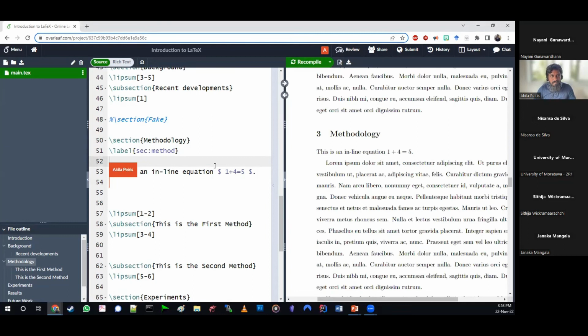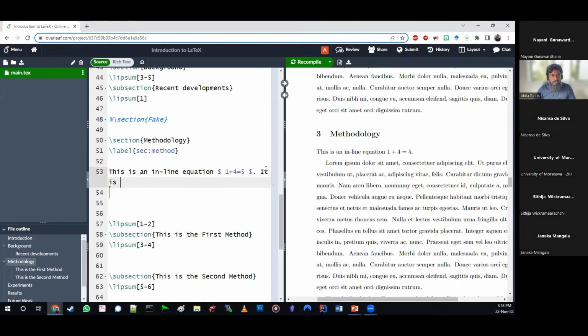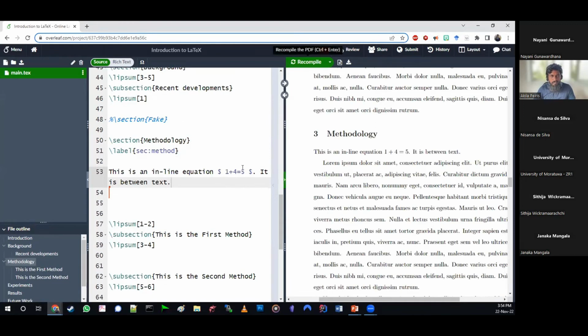So as you can see, this equation is between text. So this is one way. If you want to add math within text, all you need to do is to have it between dollar marks. And as you can see, the formatting is different, right? Let me even show it to you.